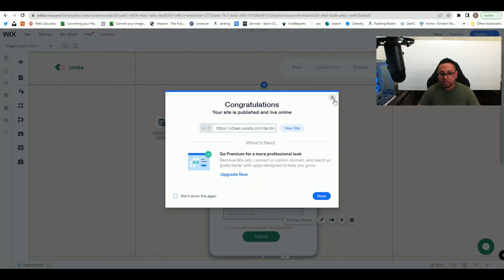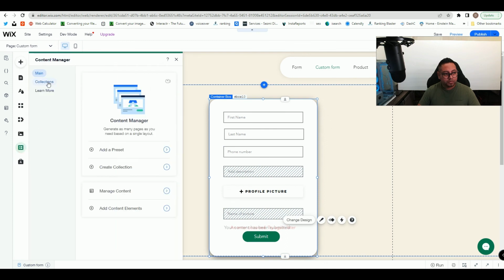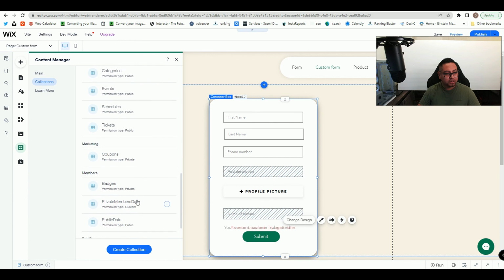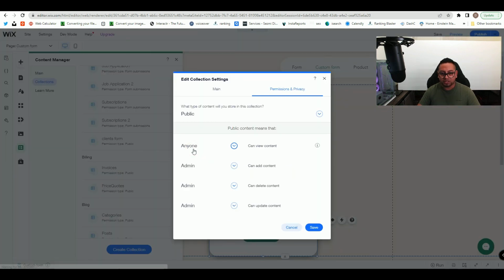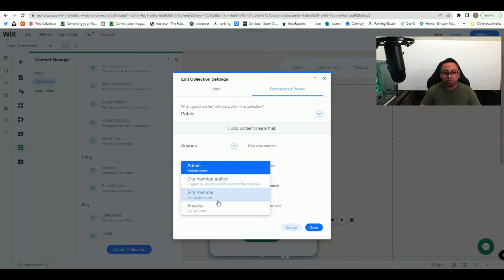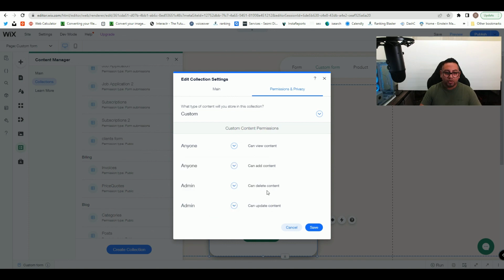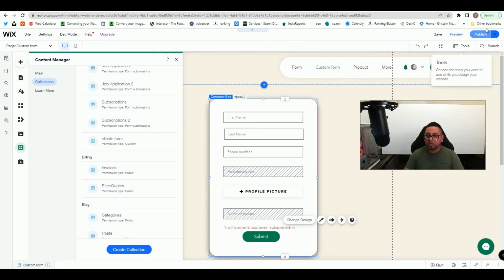So we're gonna go back, we're gonna go to collections, and we're gonna go and find our collection right here. We're gonna click on these three little dots, and then permissions and privacy. So as you can see here, any data that is in that collection or that specific database, anybody can see it if we display it on other pages, right? Who can add content? Only admin. But in this case, because it's a public form, we want to name it anyone. And then who can delete content? We can just leave it as admin. And then who can update? Admin as well. Now, on the old version of Wix, this used to be just anyone to all of them. So just be aware that this is something that could happen. And now we're gonna click save, and then we can click publish,